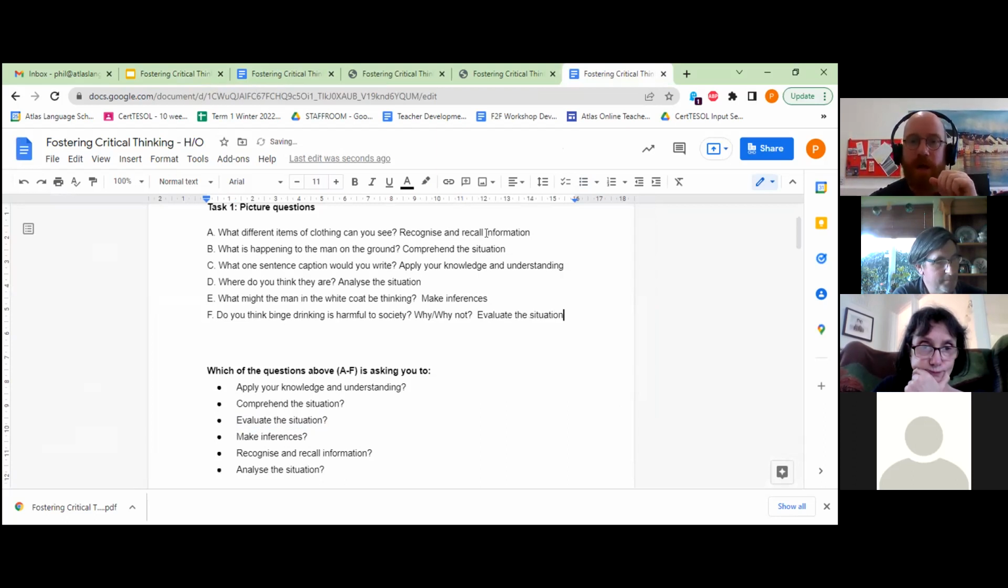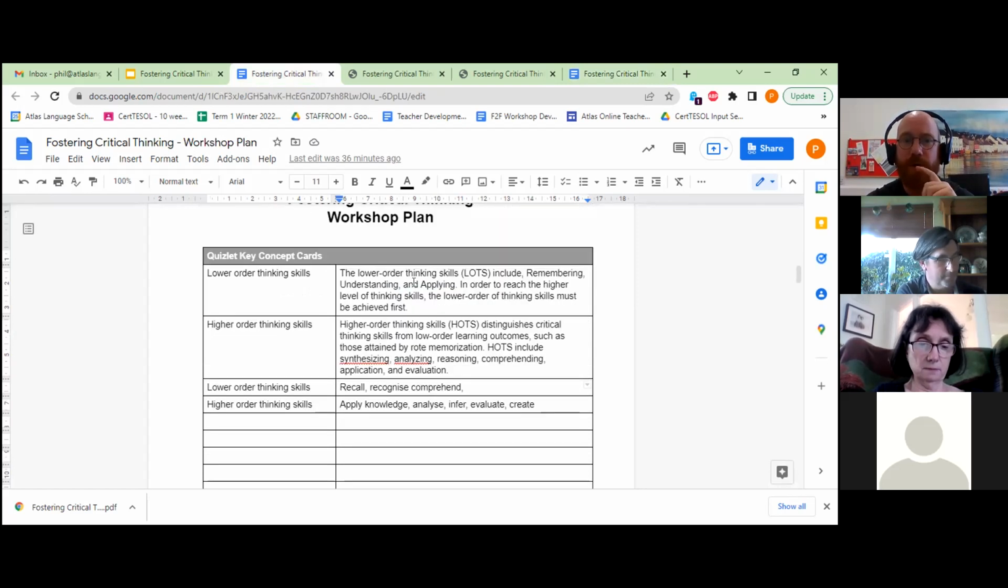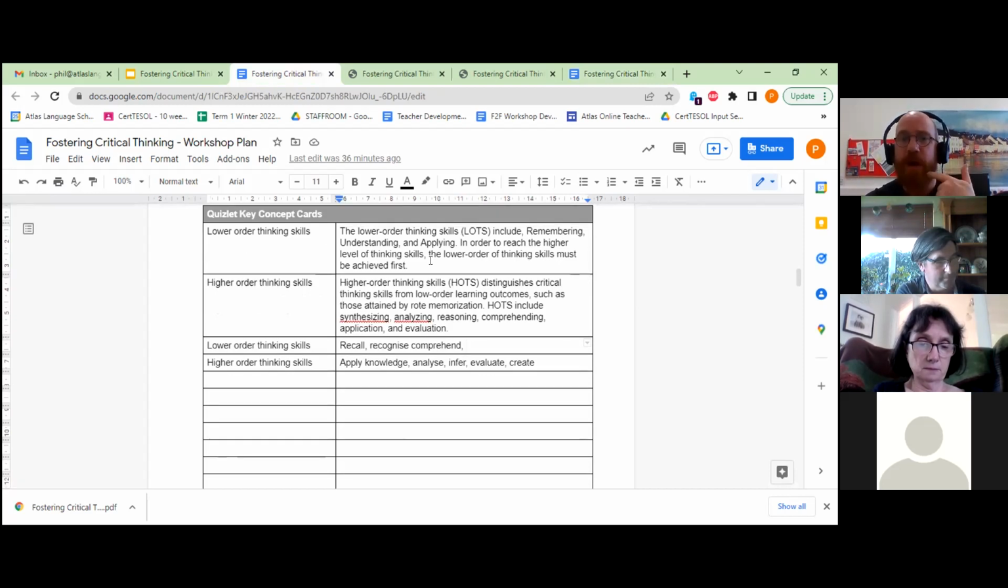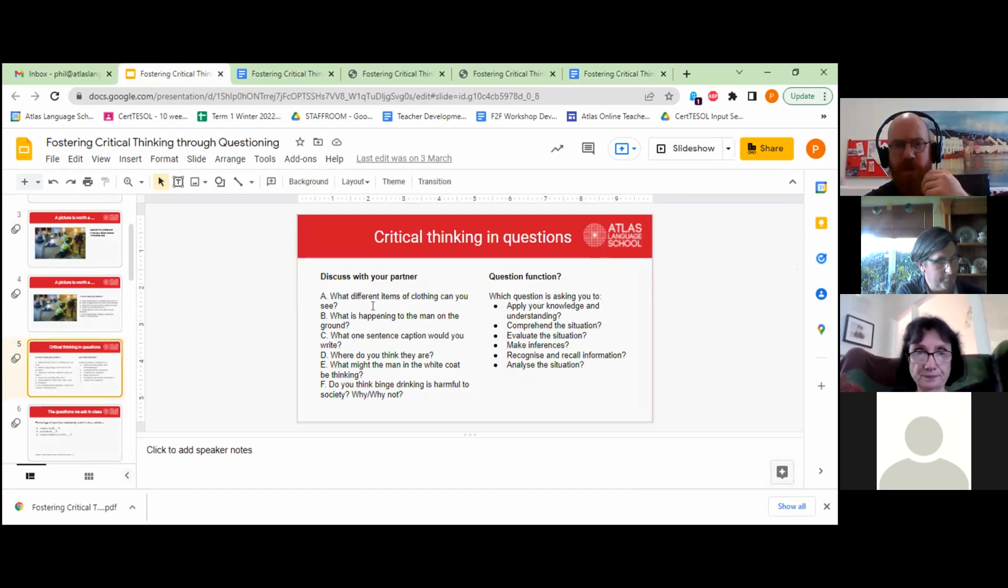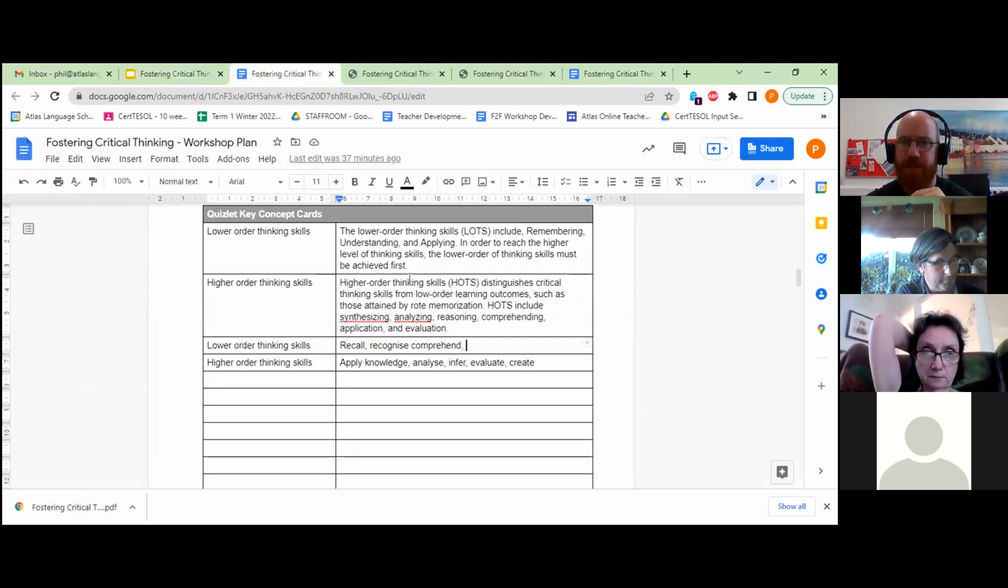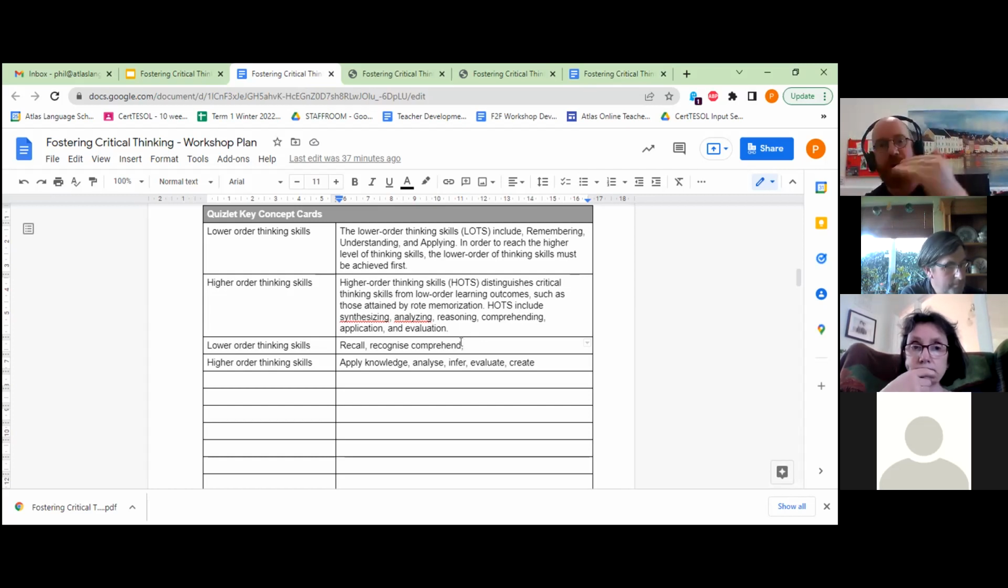Okay, so these types of functions can actually refer to what we call critical thinking skills, which we can put into two categories: higher order and lower order thinking skills. Lower order thinking skills are where we remember, understand, and apply. In order to reach the higher level of thinking skills, the lower order thinking skills must be achieved first, as we did here with the questions. We ask questions to recall information, before we start analyzing and then making our inferences afterwards. The higher order thinking skills distinguish critical thinking skills from lower order learning outcomes, such as those attained by rote memorization. For example, synthesizing, analyzing, reasoning, comprehending, application, and evaluation. So simply put, low order would be recall, recognizing, comprehending, and then higher order is going into applying knowledge, analyzing,